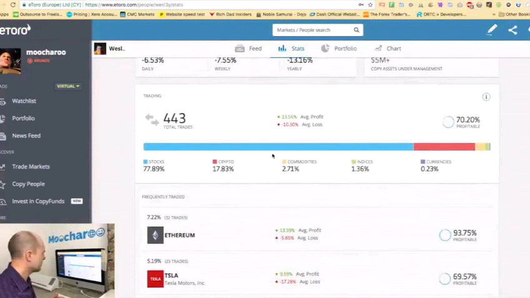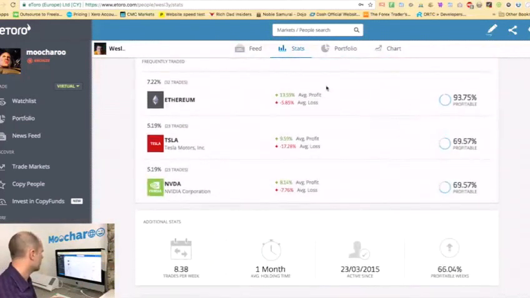So this is what he checked. He's very big on stocks. Got a bit of crypto, not too much though, but he's very good on Ethereum. Look, his profitability, 93% profitability with Ethereum. It's very good. And he trades 8 times a week. Average holding time is a month. So he's a very long holder. I quite like that. And 66%